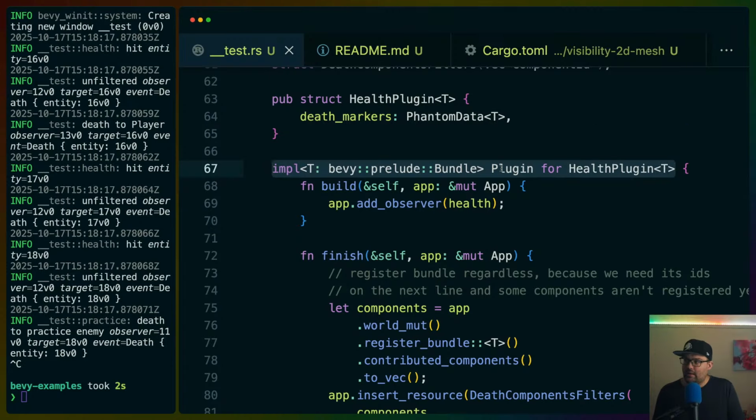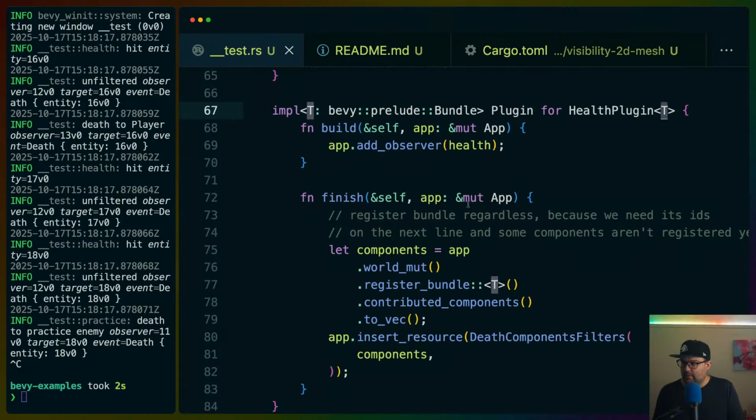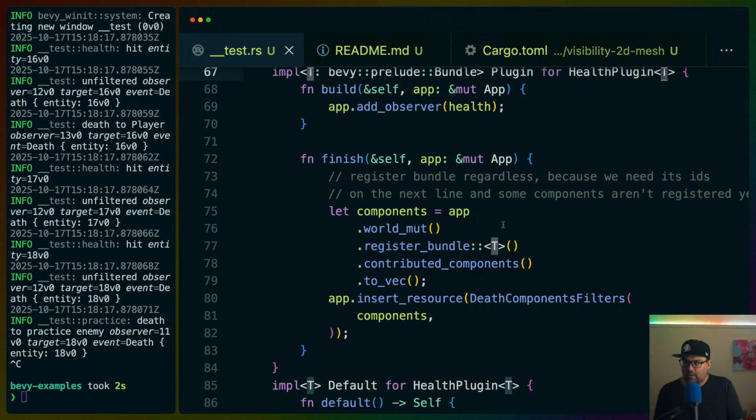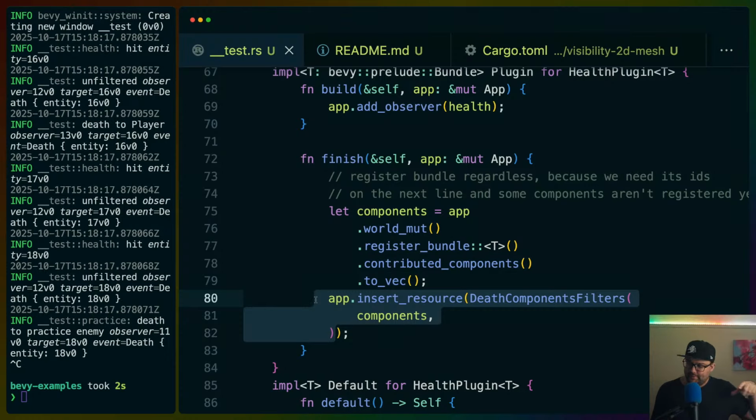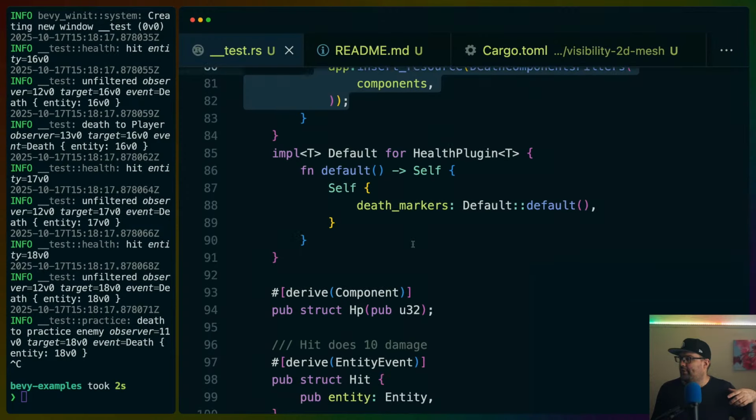The health plugin accepts a generic that is bounded by bundle. So you have to implement bundle for whatever types you're passing in here, which is pretty typical. That's how people are used to using components. We make sure that that bundle is registered with the world, and then we get the individual component IDs for all of the components in that bundle and store them in a vec in a resource. Once we have this resource vec,